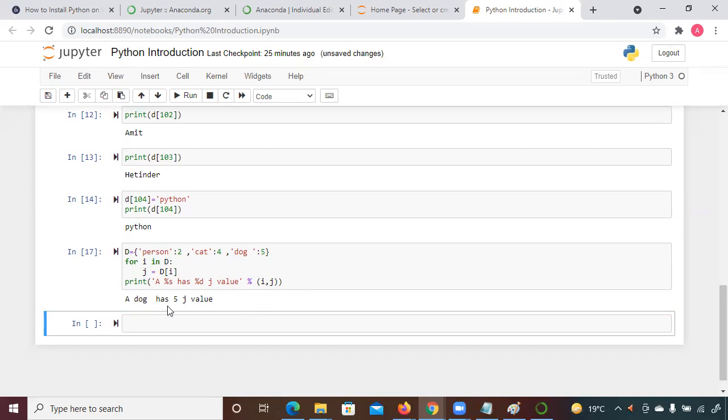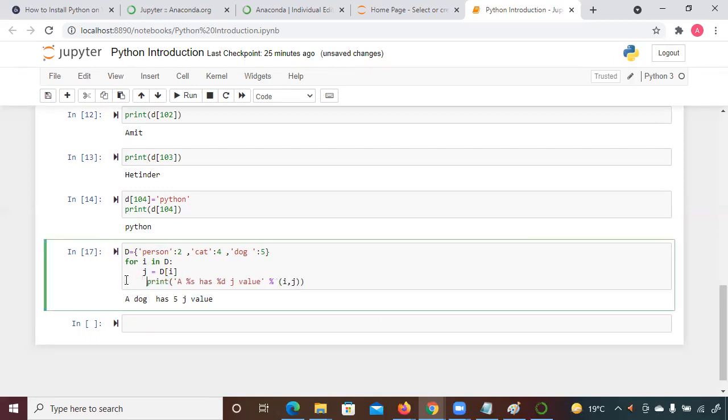We want it for every element, so I'm just looking once. I think the print statement isn't in the for loop. Yes. We can do that as well, but here, yes, it should come here.